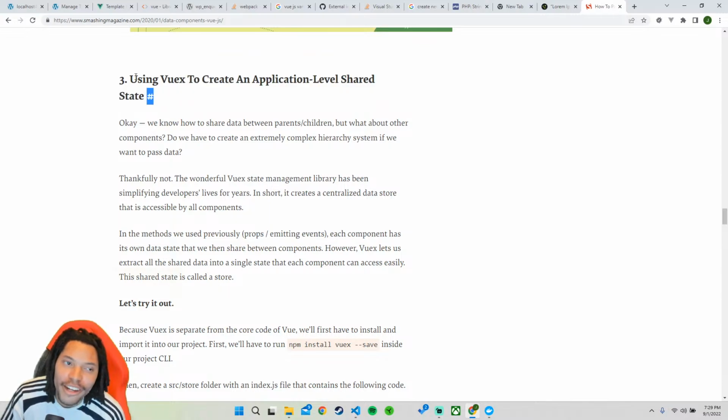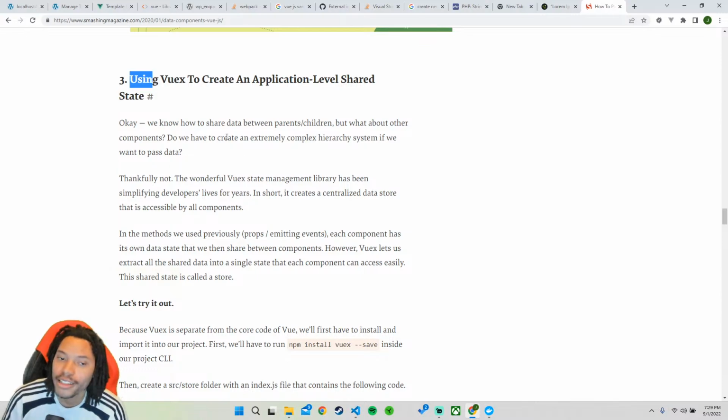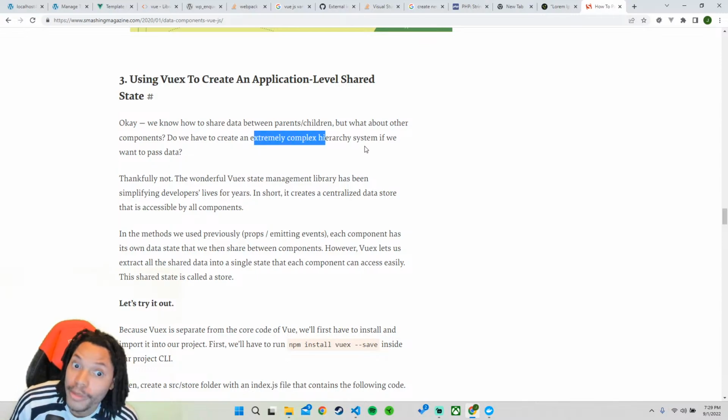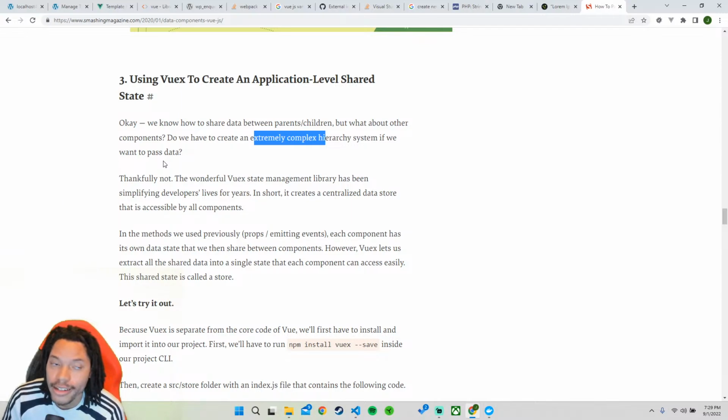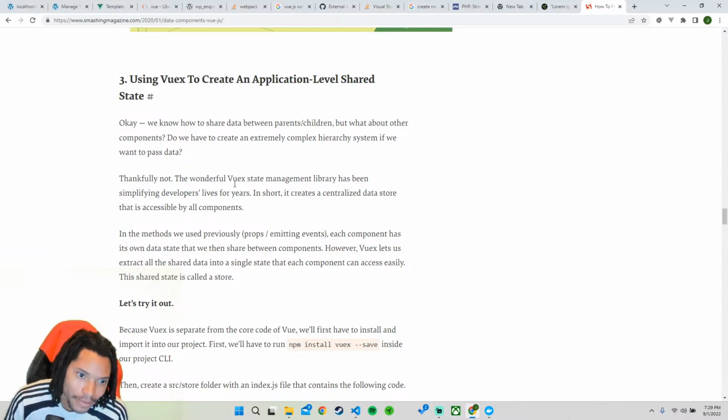Because React has something very similar, where there's some type of shared state that you can access. So it says, okay, we know how to share data between parent and child, but what about other components? Do we have to create an extremely complex hierarchy system if we want to pass in data, like from parent to child to parent to child to parent to child? And it says, thankfully not. So they realized this was like a nightmare. So Vuex has a state management library,